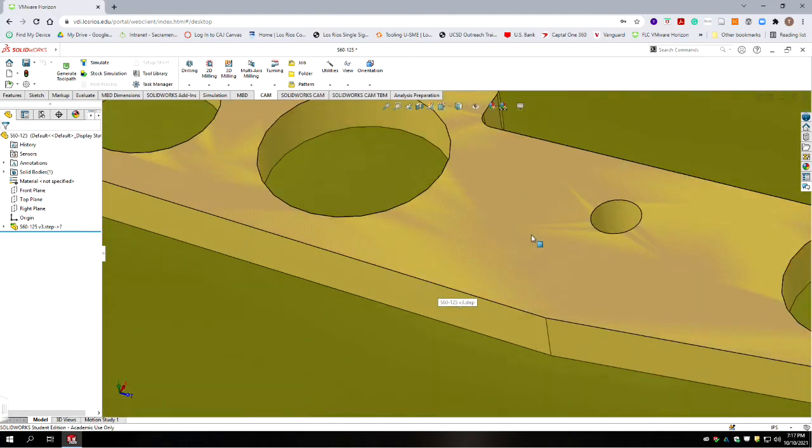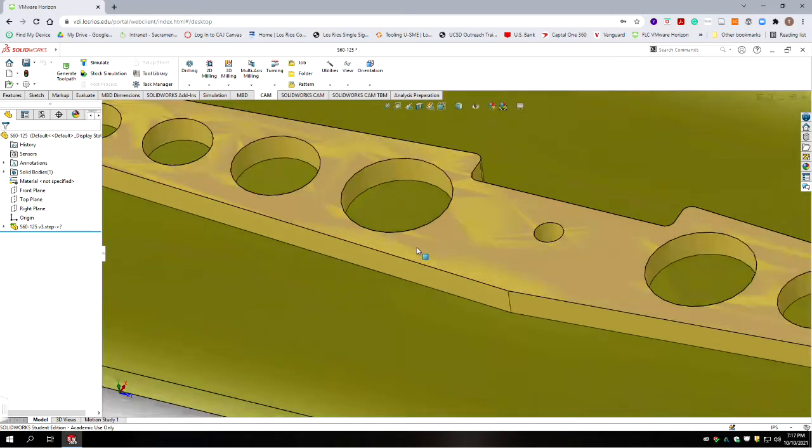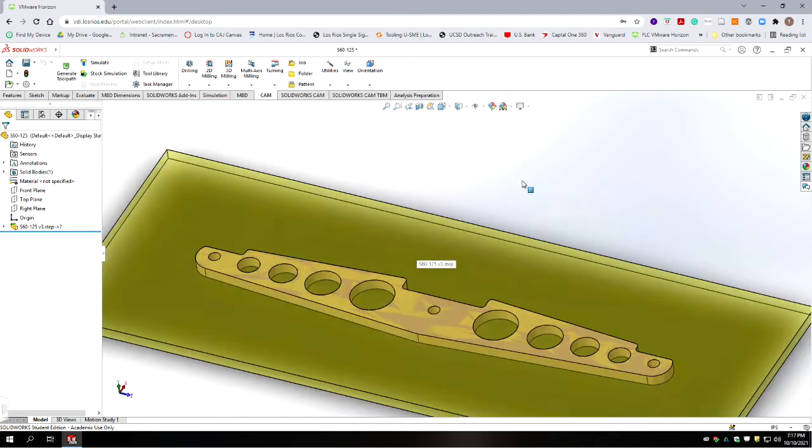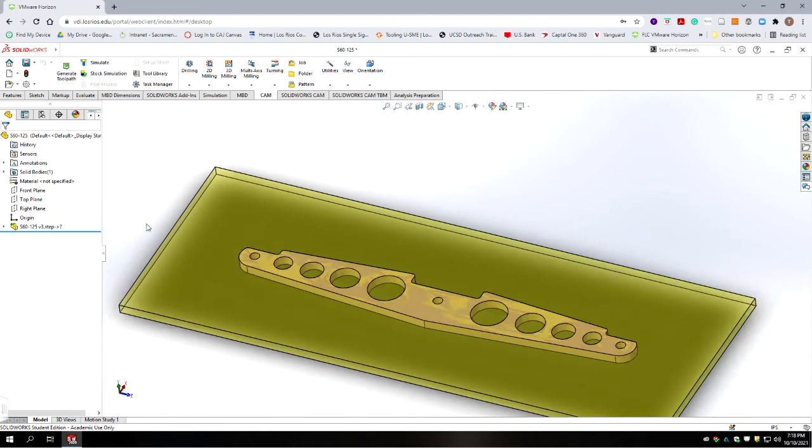If you see this weird hatching, don't worry about it. That is a rendering convention. That means those surfaces are collinear to each other or coincident to each other, and the graphics can't differentiate which one's on top. So it's just kind of a marbling effect that you get. Okay, now that we've created that first job,